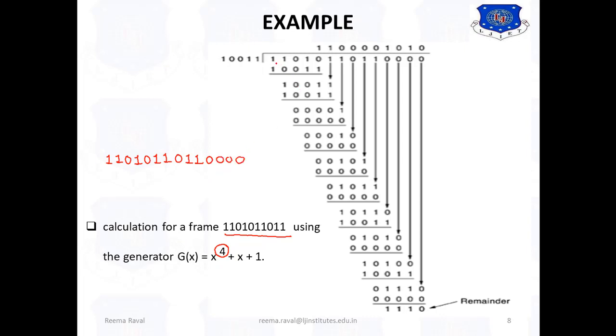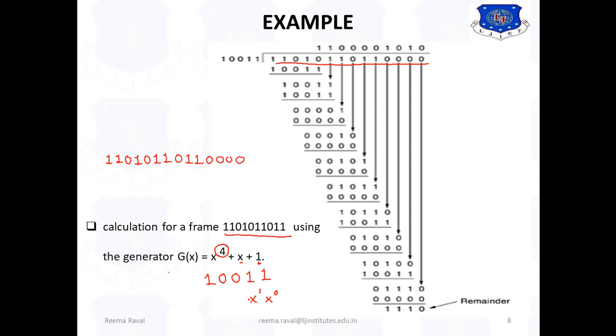So here the first data is this, by appending 4 zeros according to the generator, and it is to be divided by the generator, that is to be converted into the form of digital 1 or 0, right? So here the g of x is given as 1 1 0 0 1 according to the power. That means this indicates x raised to 0. So this is 1, then x raised to 1.